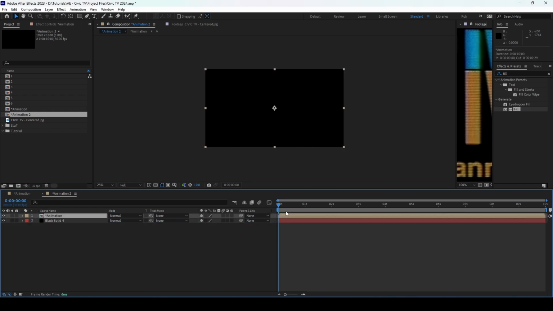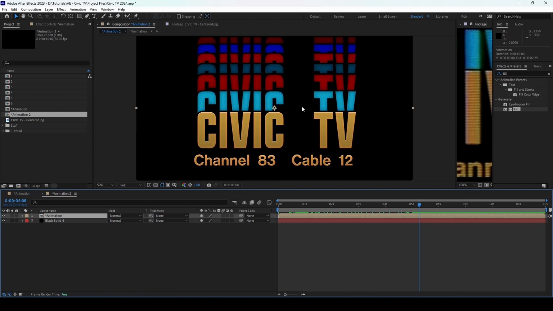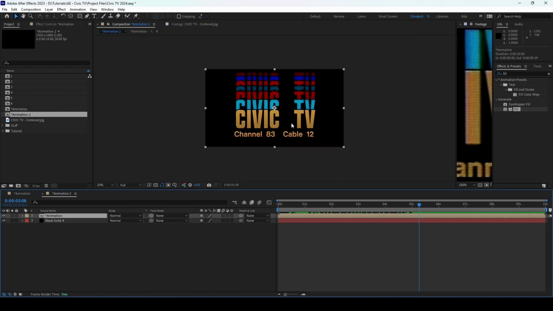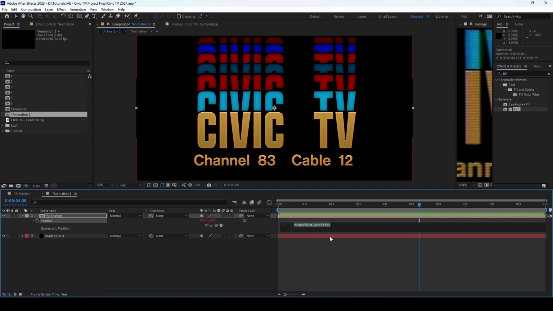On this, you notice with a lot of old graphics, before computers were used to do titles and stuff, there would be a little bit of a wiggle to the position on a lot of graphics. So we're going to add a tiny bit of wiggle. We're going to hold down Alt and click this position keyframe, and then we're going to type in wiggle, open parentheses, and inside we're going to do